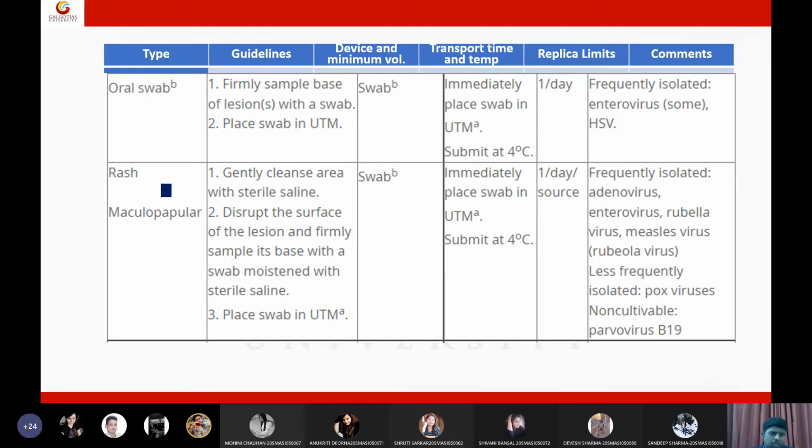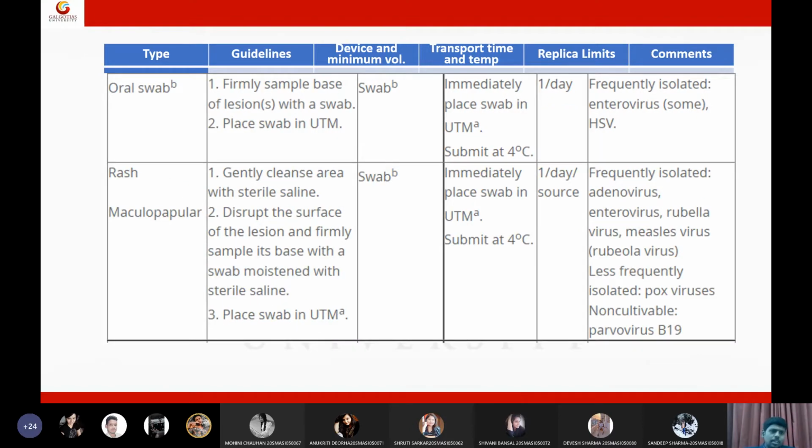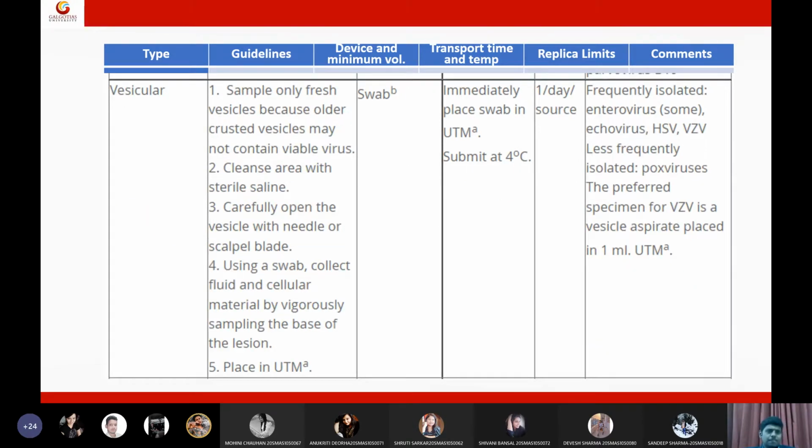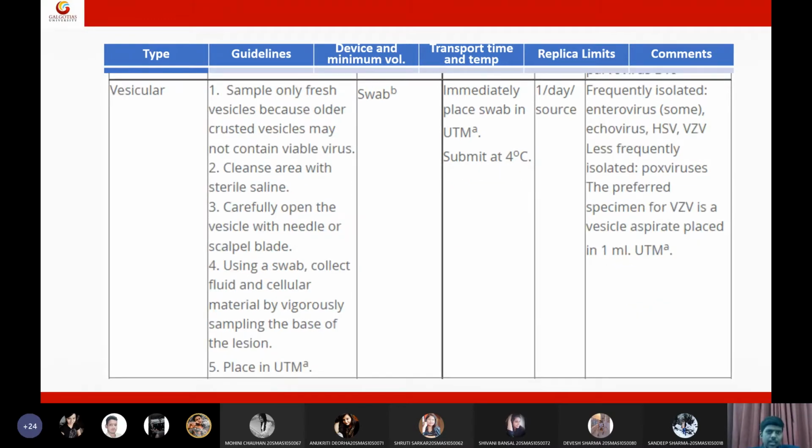Skin rashes for detection of pox viruses. Okay, there are different types of skin rashes like maculopapular, vesicular. These types of skin rashes I will discuss in pox virus. Okay, in pox virus lecture I will discuss about these rashes. Usually we will have different types of rashes: blisters, water containing vesicles, or pus containing vesicles. So they are classified into different types. Okay. So for example, maculopapular rashes are seen for detection of pox viruses. Vesicular rashes are for detection of HSV viruses.